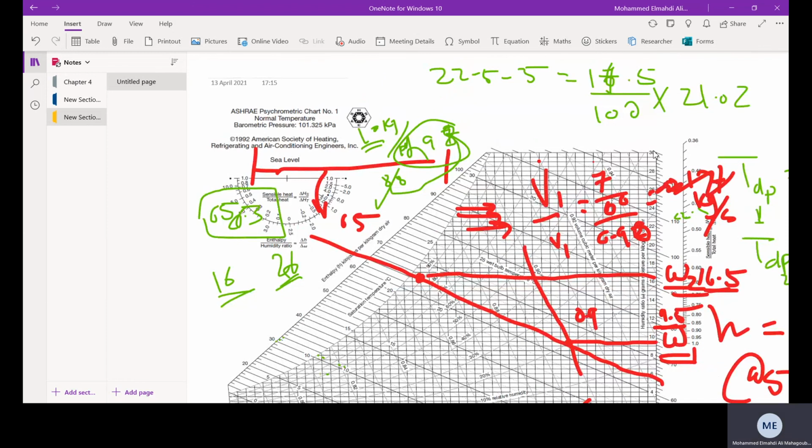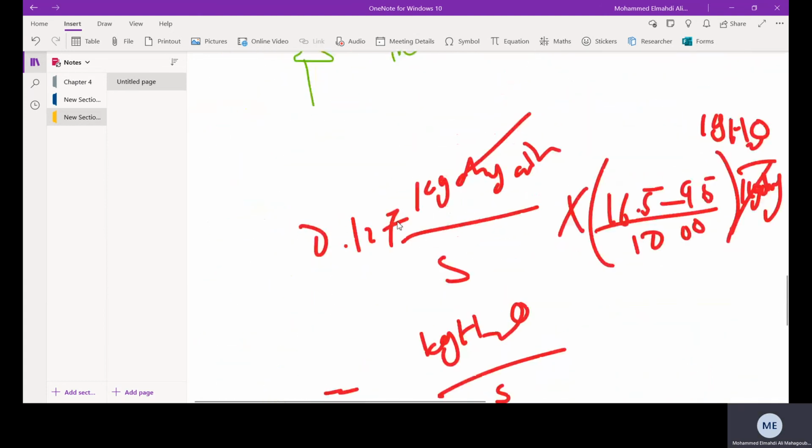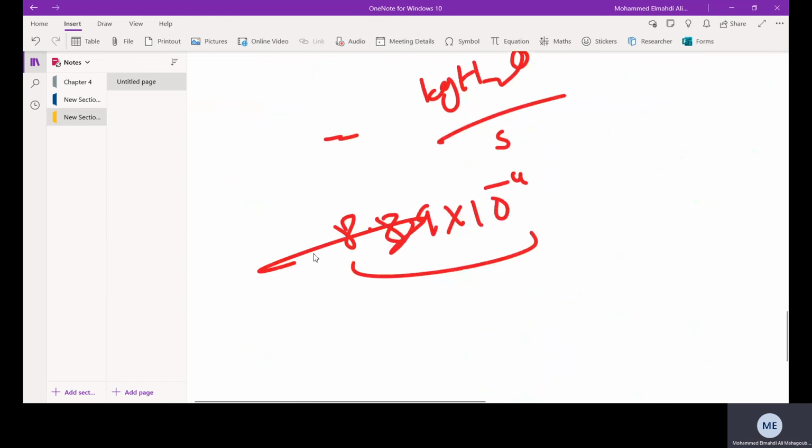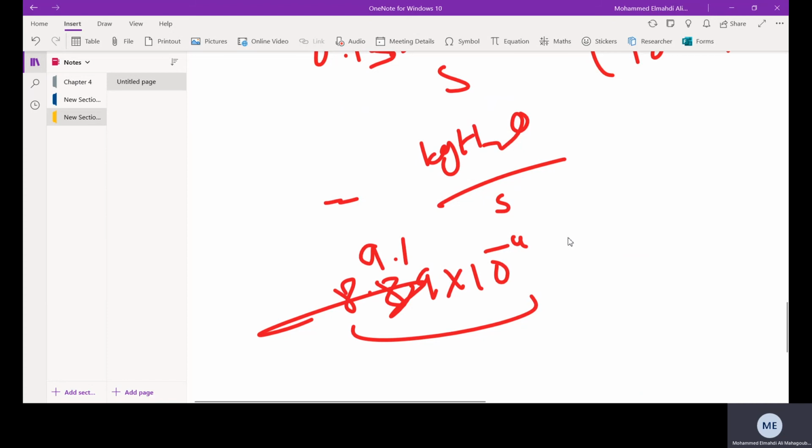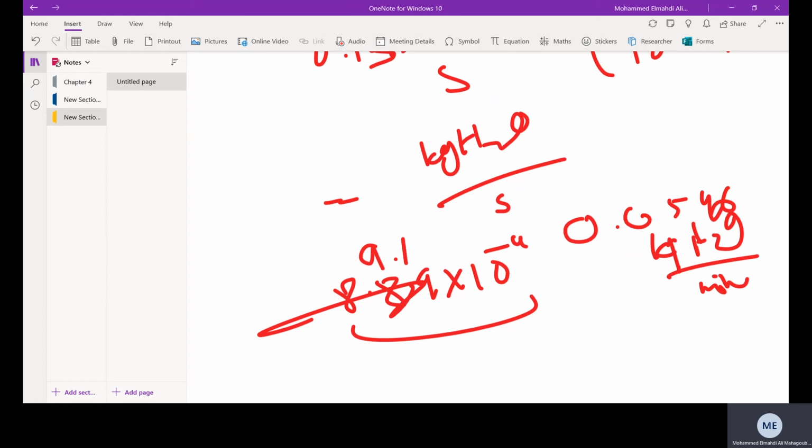Well, you got the idea. So it is 0.13, and here we multiply by 0.13. What's going to be the value? It is 9.1 times 10 to the power minus 4 kilograms of H2O per second. If we want to find the kilograms of H2O per minute, then we multiply our answer by 60, and we're going to find that it is 0.0546 kilograms of H2O per minute,